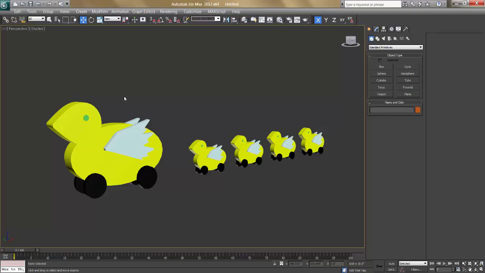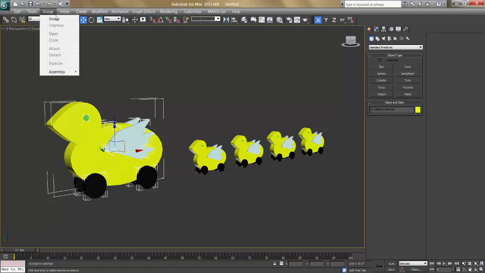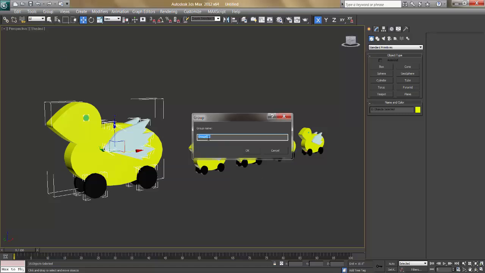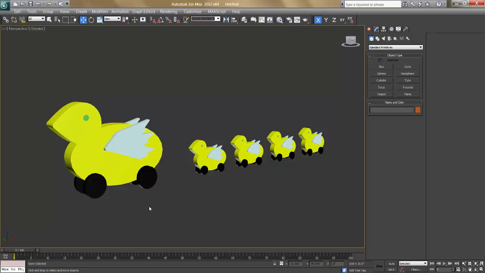So for convenience, I will make a group. I'll select these objects and click on group, and I'll name it main duck. Say OK. Now if I press H on my keyboard, or click here, select by name,